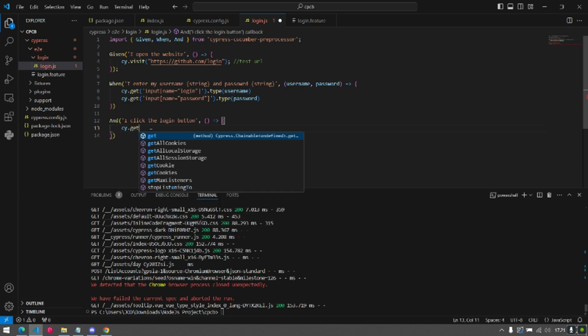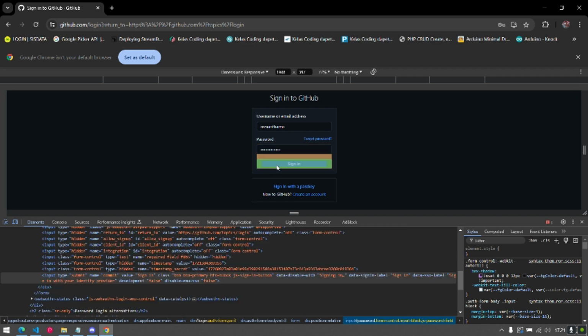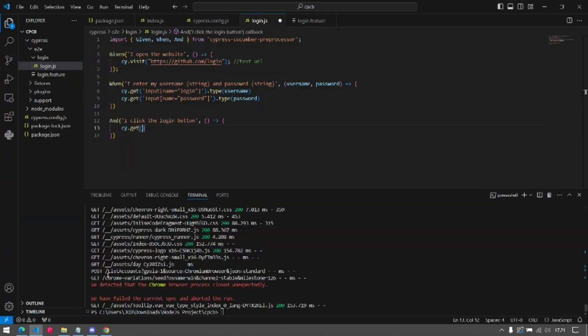So we'll type in here cy.get also, and we need to figure out what the button's name is. Okay, the button name is commit, so I can type here the input with the name commit. Okay, and we give the click method in here.